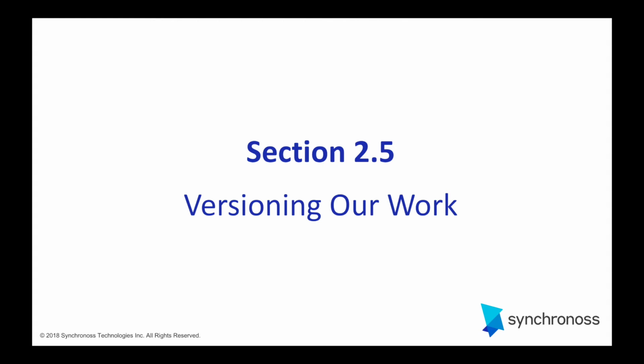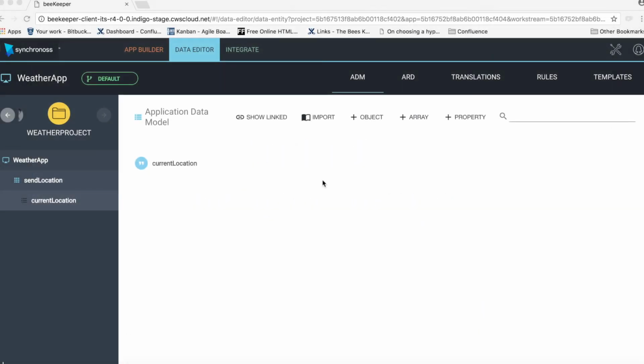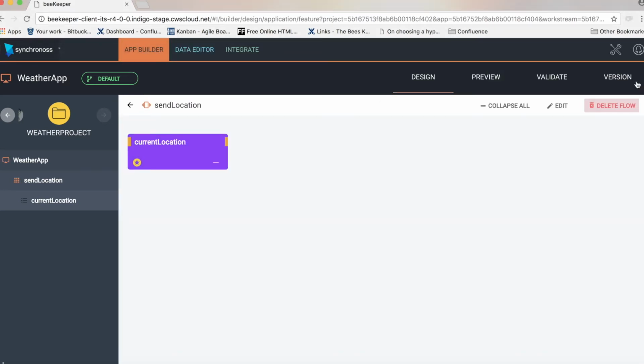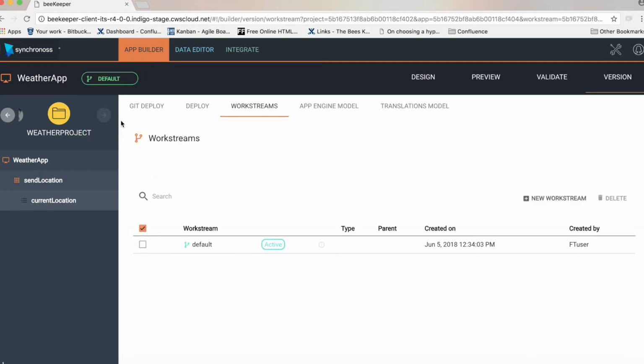Alright, at this point of our journey, I believe we have done enough work, so we do need to create a copy in case anything goes wrong. And one way we can do this is by using work streams. We can make a copy of our work by cloning a work stream. Cloning your work stream will allow you to work on or manage different versions concurrently, and by doing this, you can design, test, preview, and publish your application elements agnostically. Work streams can also be imported or exported to a zip file, or even better, they can also be deployed